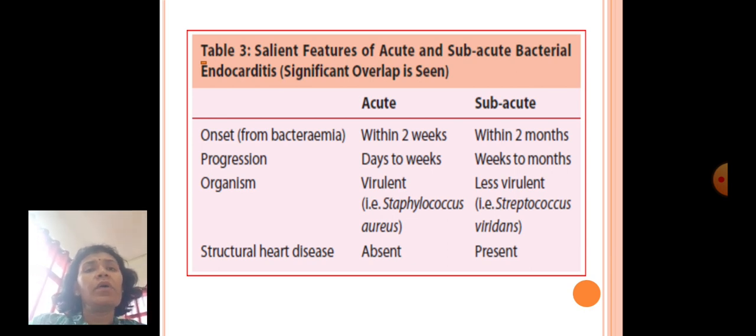So, in acute infective endocarditis, we see that the onset from bacteremia is within 2 weeks and the progression is over days to weeks. The organisms are very virulent ones like Staph aureus, and the structural heart disease can be absent here. While in subacute endocarditis, the onset is within months and the progression also is over weeks to months. The organisms are less virulent, for example, Streptococcus viridans, and usually there is a presence of structural heart disease already